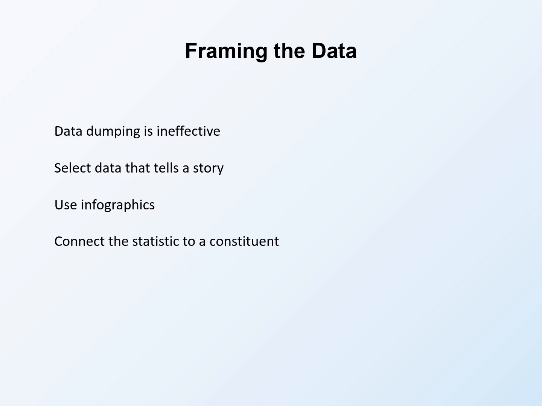If you say 40,000 people died, that is a statistic. If you say overdoses are now the leading cause of death for men under 50 in your district, that is a political crisis. Use infographics. A simple bar chart showing a rising trend is worth 1,000 words of text. Connect the statistic to a constituent type. The average voter is worried about this.